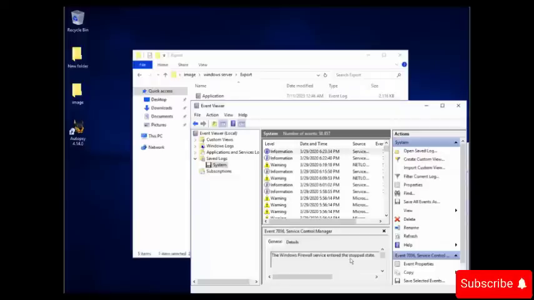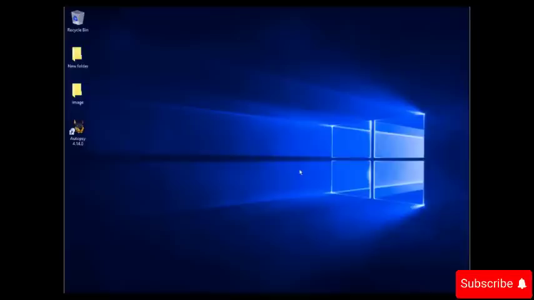It means first the firewall stopped working and then the Windows Update Service stopped working. So we can contact the network administrator and ask if it was a shutdown, and if not, then probably the hacker was the culprit. Okay, so this way we can read the logs, collect the evidence, and then reach a judgment. So let me close this and let's get back to our Autopsy tool.